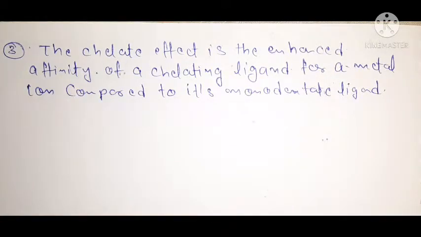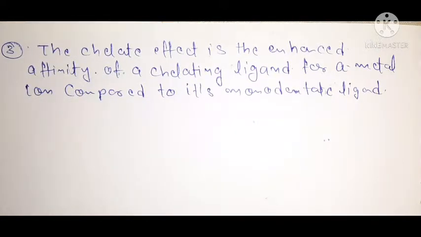Now that means when in any complex there is a possibility of bond formation between a metal ion and a monodentate ligand, and a metal ion and a bidentate or tridentate ligand, then in this condition the complex is always preferably formed by the metal ion with the bidentate or tridentate ligand. Okay, we can simply understand this theory by an example. I must explain on the basis of this given example.